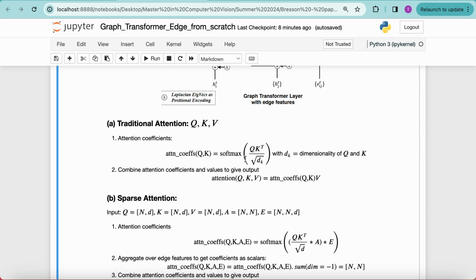So this is the softmax of query and key transpose divided by the square root of the dimensionality of the key and the query. These attention coefficients will be used to give the output. So the output will simply be the dot product of attention coefficient and the value. So now in our scenario,